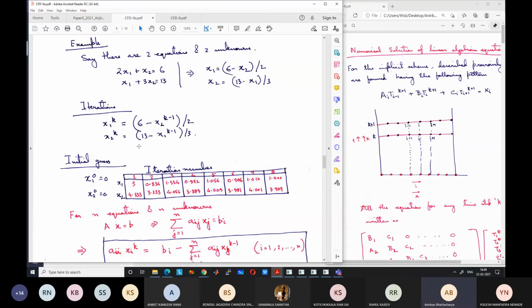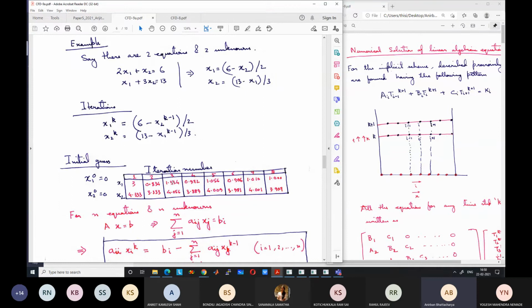Next iteration, again you do 6 minus x2. Previous x2 is 3.333. 6 minus 3.333 is 2.667. So 2.667 by 2, you get 1.334. Similarly, 13 minus 0.834 by 3 will give you 4.056. You continue this. Okay, and in each step you see what is the difference between the previous step and the